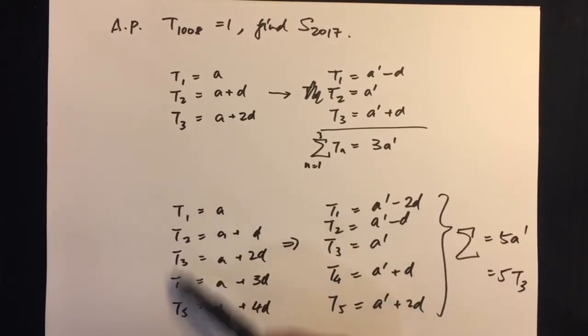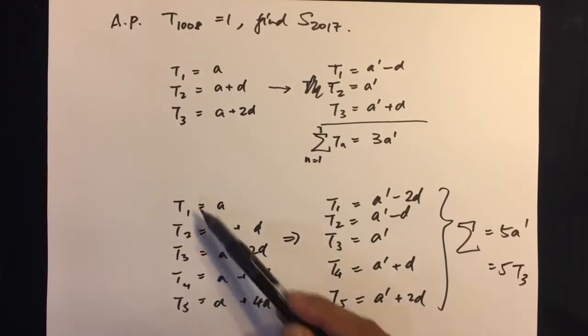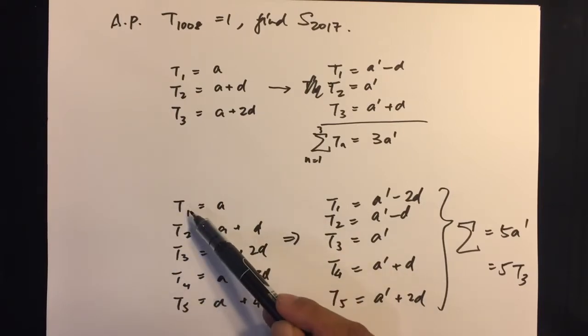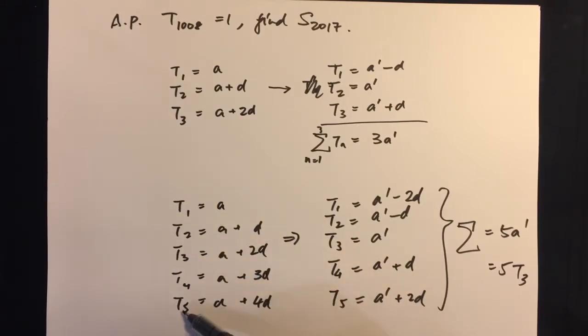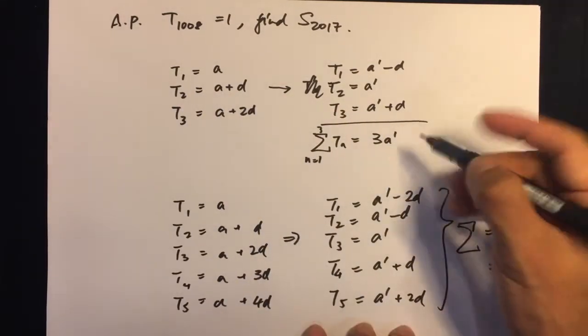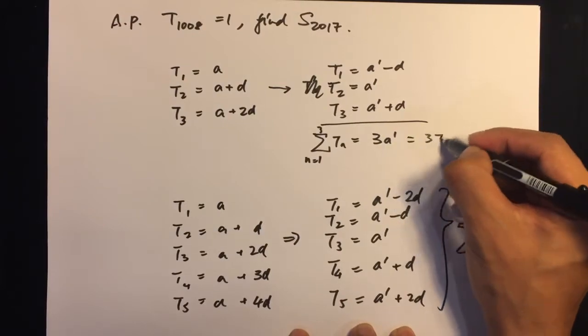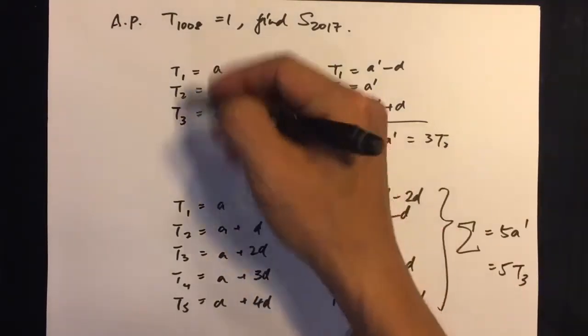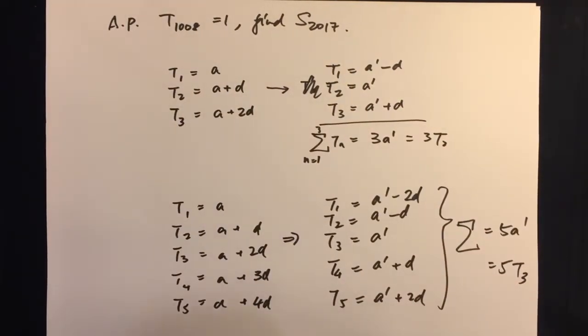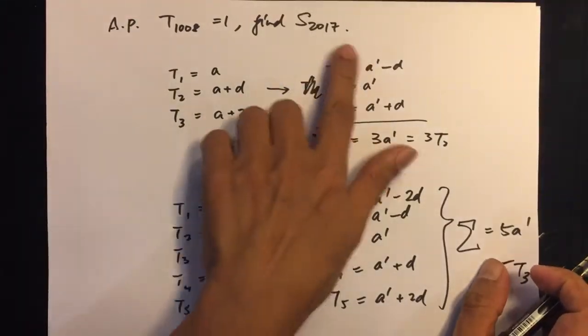So you have the general identity that every time you have an odd number of arithmetic progression terms grouped together, the sum of all those terms is always the middle term times the number of terms. In the earlier case, the middle term was T2, times the number of terms. So conveniently for our problem here,